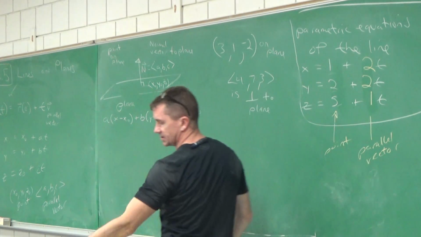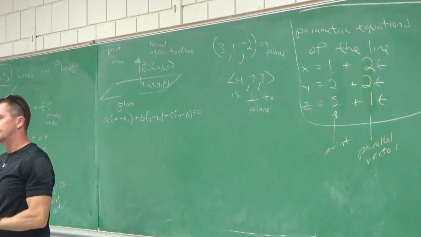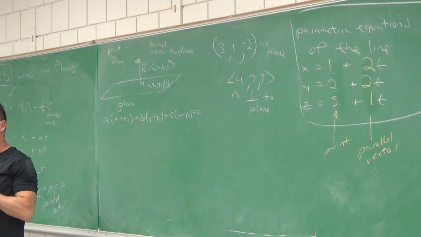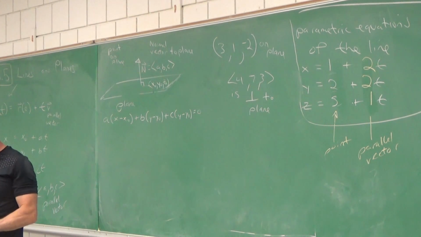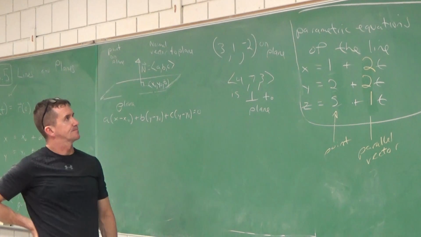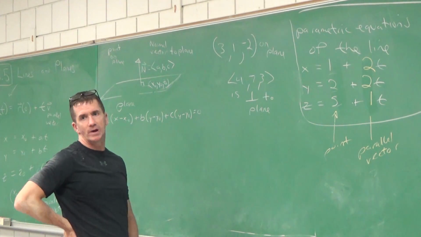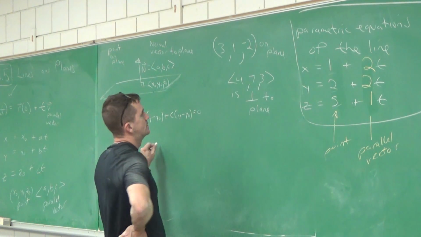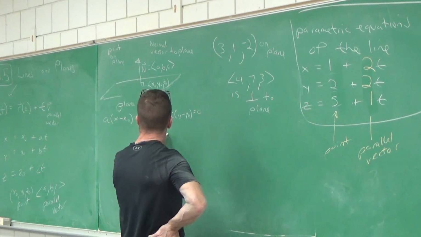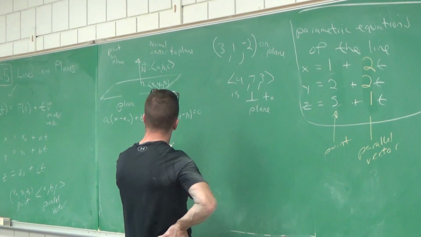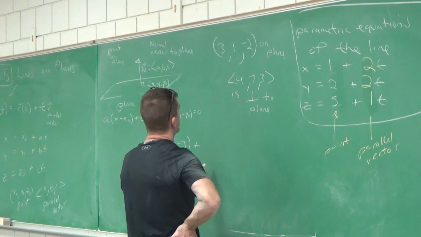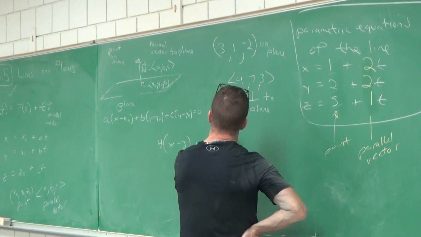And we'll see problems like this in a second. And by the way, you don't have to simplify it. So 4 times x minus 3, boom, plus 7 times y minus 1 plus